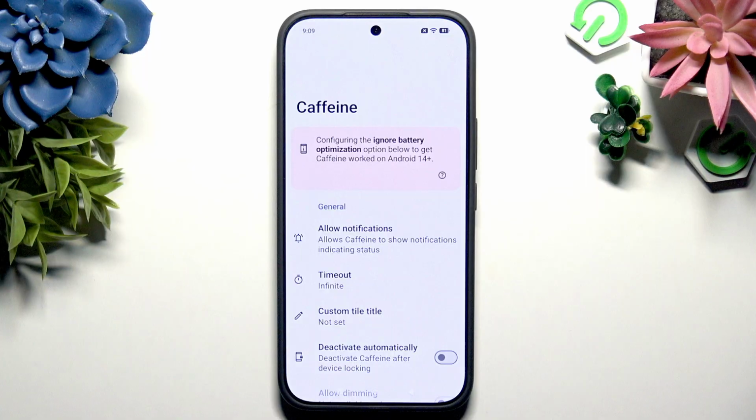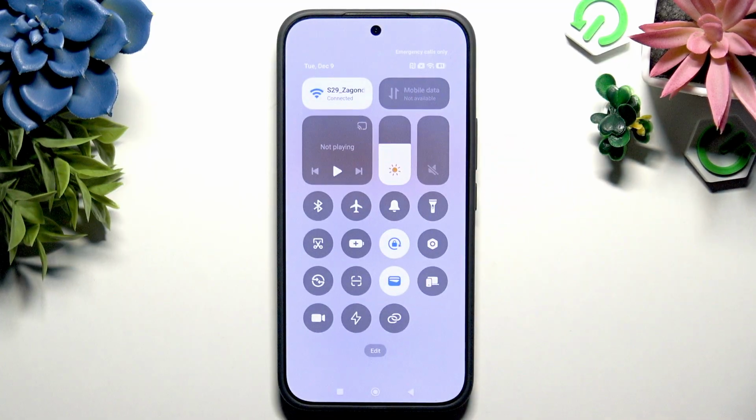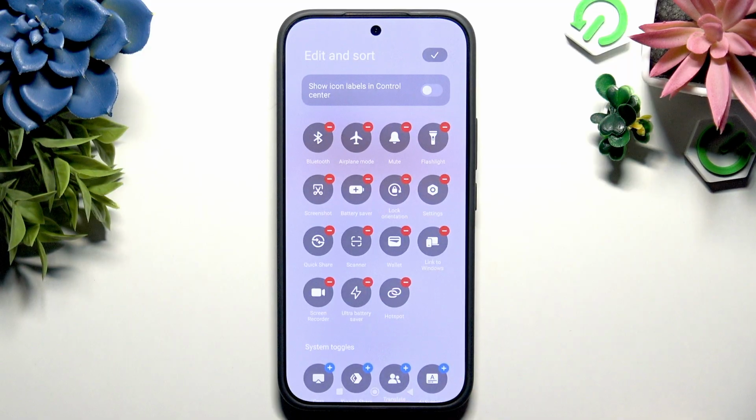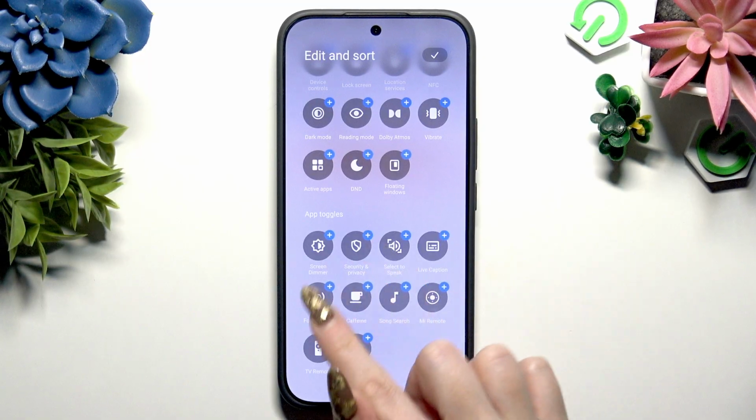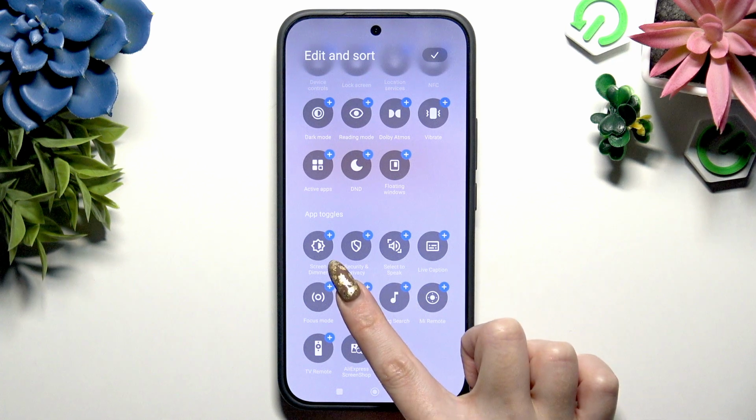To do that, go into the Tab menu by swiping down from the top right corner of your screen and hit Edit at the bottom. Then scroll all the way down to find the new shortcut, Caffeine 1, hold it,